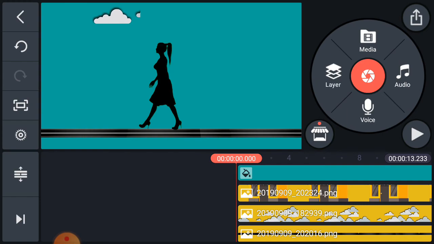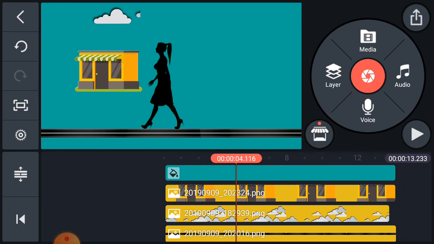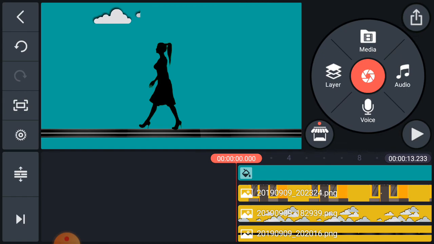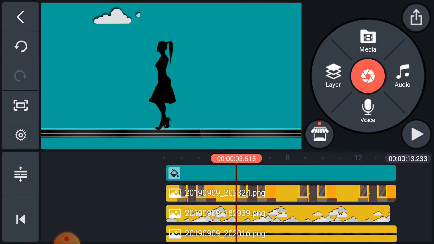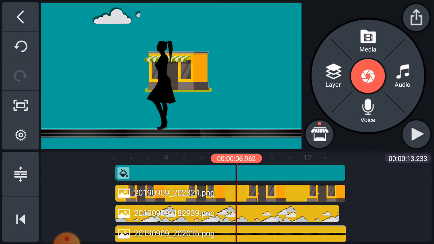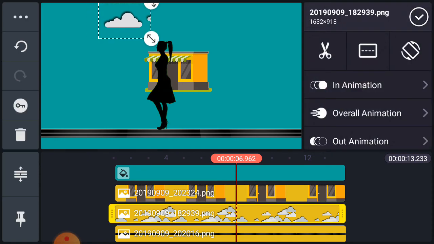Again first we crop this cloud and we make the same size as the other layers, and in the last once we come, we will bring it here. We will click on the cloud and we will bring it here, meaning it will disappear.